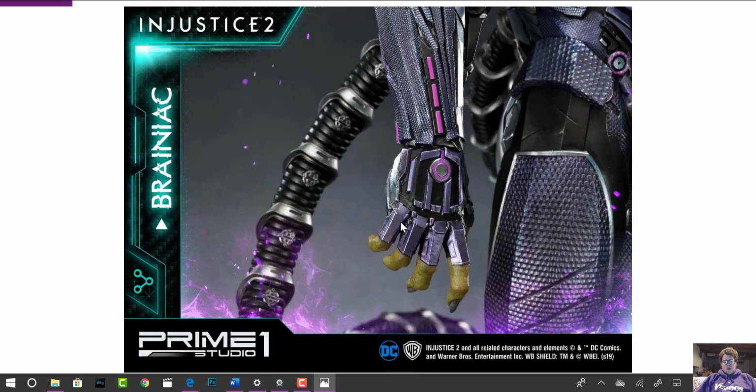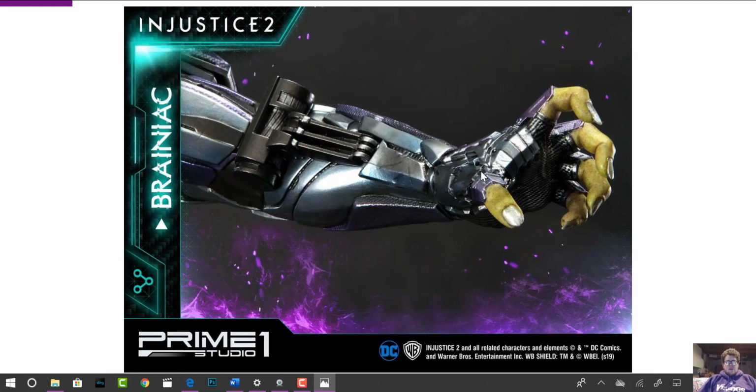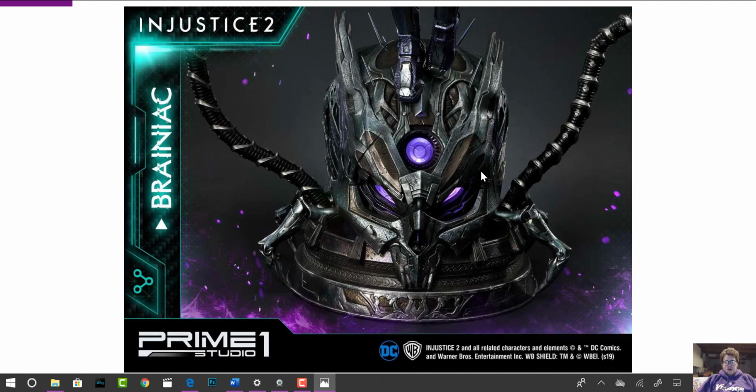The badass look there. Just look at the texture in the suit. This guy does come with very limited swap outs. Just gorgeous, the coloring. This statue is going to pop. It's just going to pop. So here's the best look at